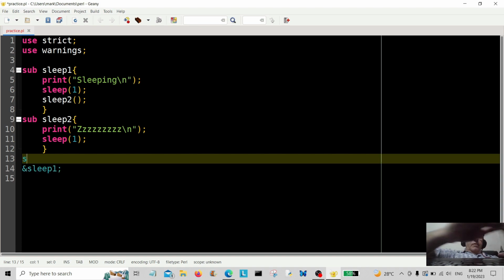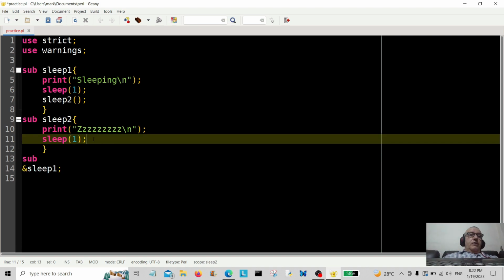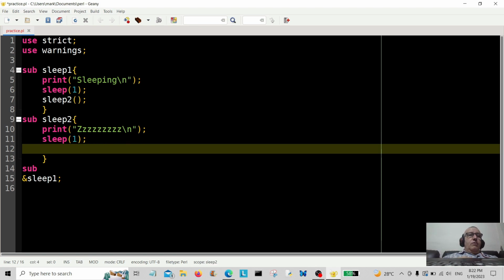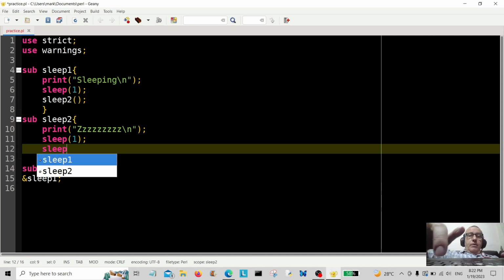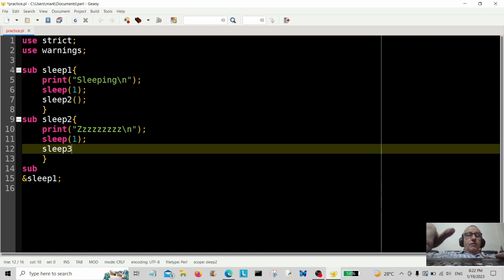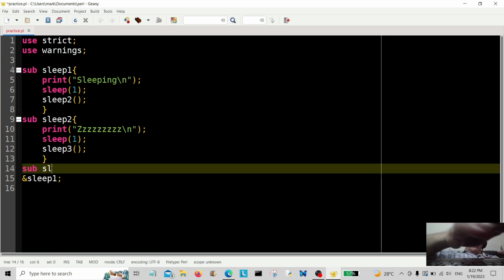Okay, next function. Oh dear, I've not called it. So call it from within sleep 2. So it's going to be sleep, say 3. Okay, so we're going to call that subroutine. So this is sleep 3,